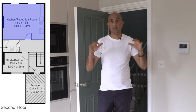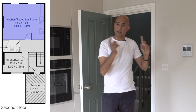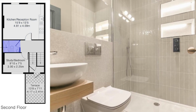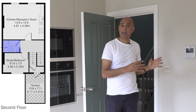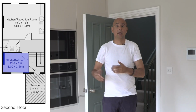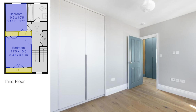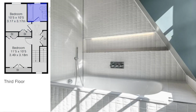Let me give you a rundown on the layout. We are on the second floor, which has got an open plan kitchen and lounge. Next door to me, there's a shower room with an extra height ceiling. Behind that, we've got a third bedroom, stroke study, stroke children's room. And then upstairs, we've got two bedrooms, both with fitted wardrobes and a master bathroom with a full bath and